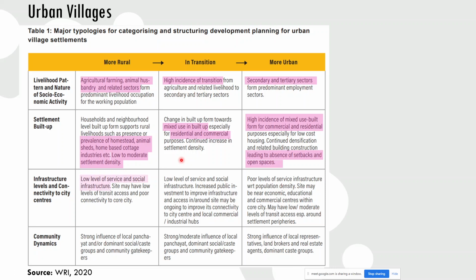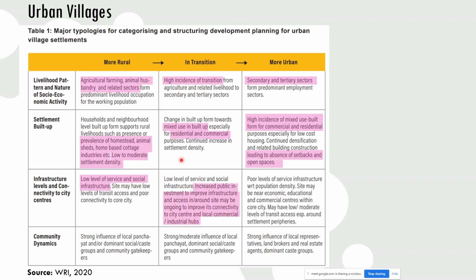control regulations. The third feature is infrastructure levels and the connectivity to the city centers. The physical infrastructure and social infrastructure services have a very low level. There are not an adequate number of schools and health facilities for the people residing in these traditionally rural areas. It may have low transit. It might not be properly connected to the nearest city, which is actually causing it to transition from rural to urban areas. As it is in the